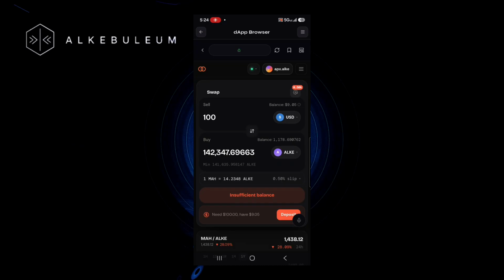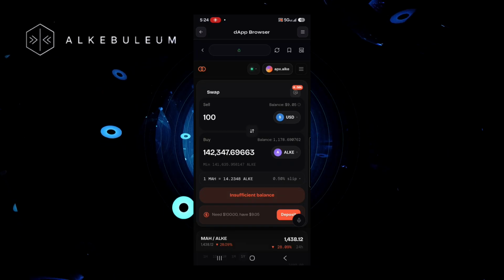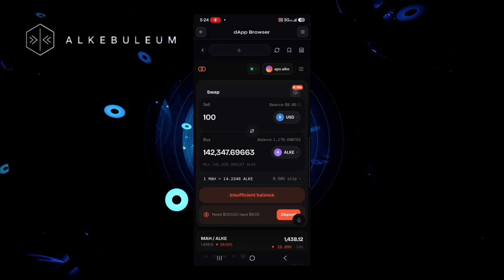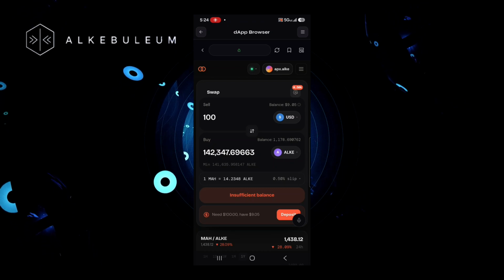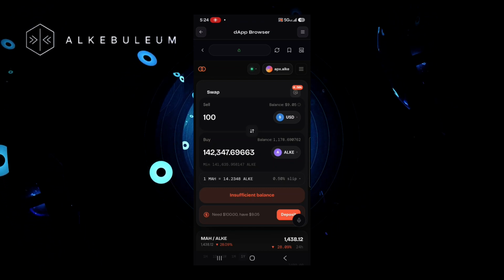Now, let's get back to the trading. So let's say, for instance, I want to get some IKE, right? I'm just going to use my dollar, which you see up there, USD, to buy IKE, right? But right above the USD, you see up there, it shows the actual balance of my USD. I only have $9, but if you're new,